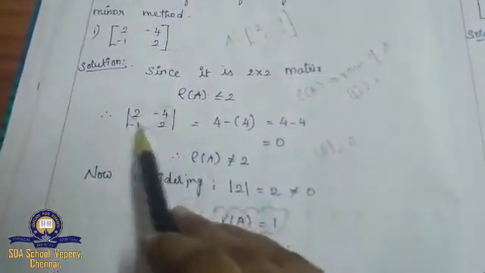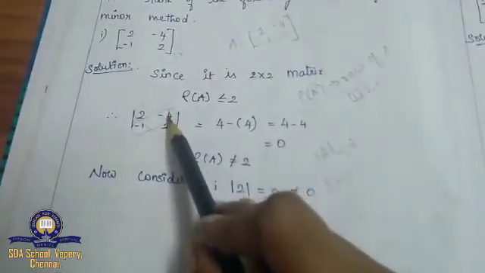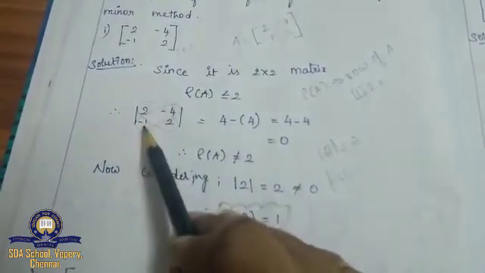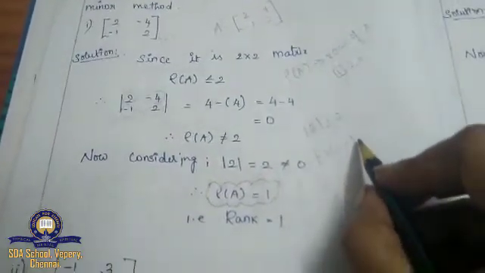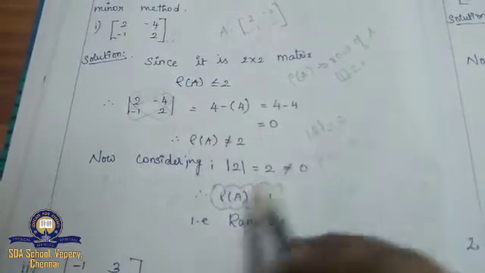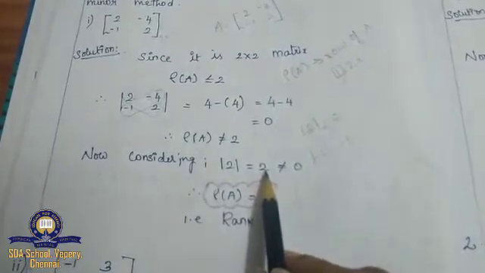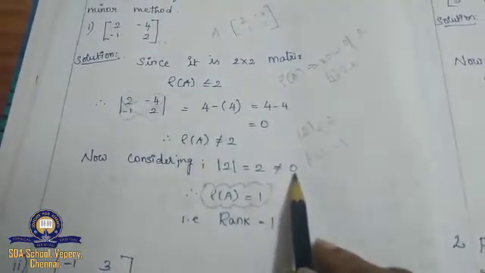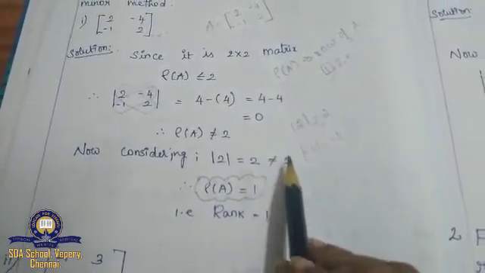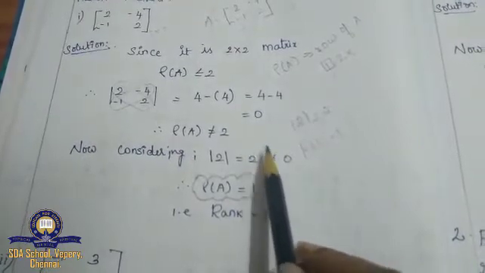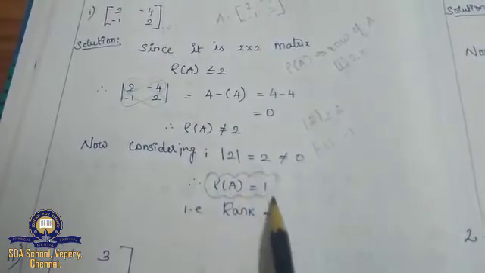So similarly you can take whichever number. If I take minus 4, what is the determinant of minus 4? The corresponding column and row get neglected, and the balance is minus 1. So for minus 4, I got the number as minus 1. Now see, I didn't get the value as 0. I got some number other than 0. So that 2 is not equal to 0. What I am getting is some number, and that number is not equal to 0. If you are getting an answer other than 0 by doing the determinant value, then your rank is 1.